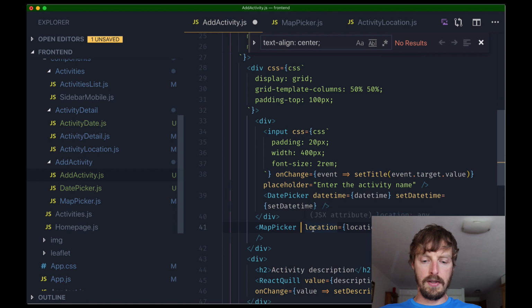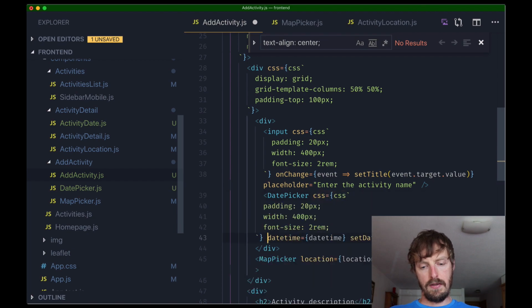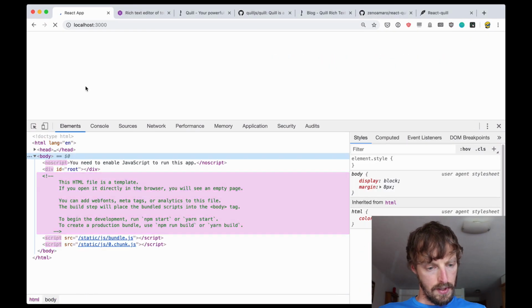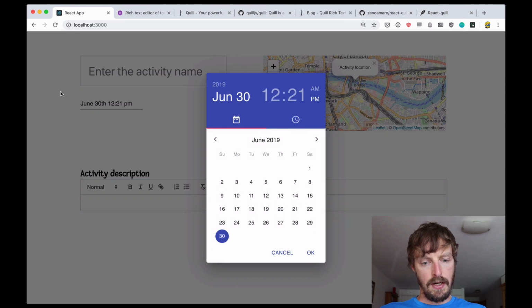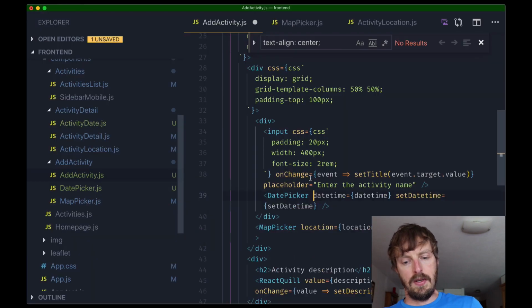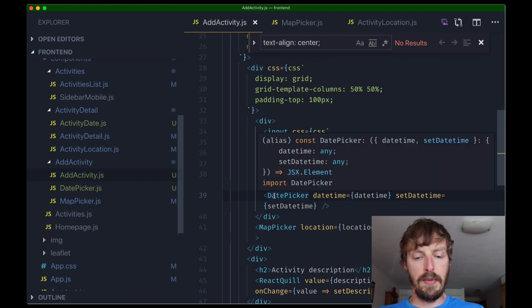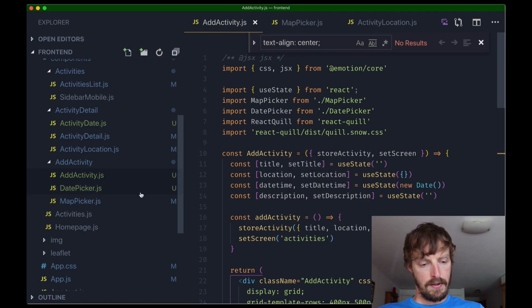No, not to the map picker, sorry, to the date picker. To the date picker. Let's try. No, it's not working. So I need to find a way to pass CSS to the date picker component. And the date picker component,